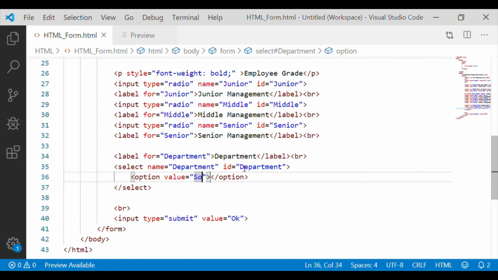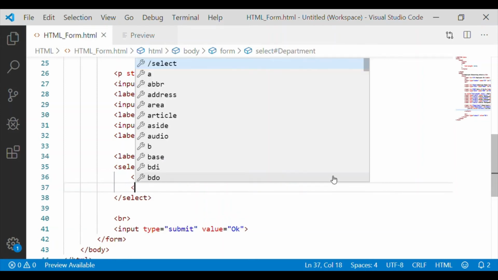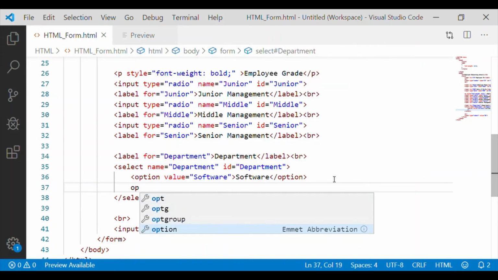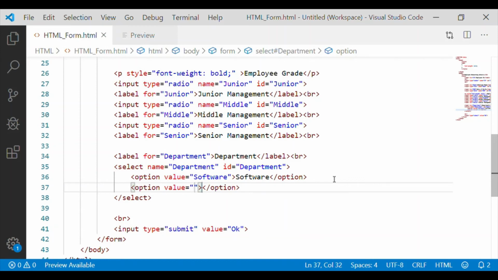First, let us say software department. So the first display option is software and is also the default option. And the second option can be hardware.